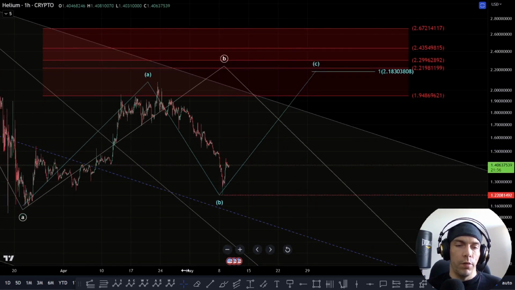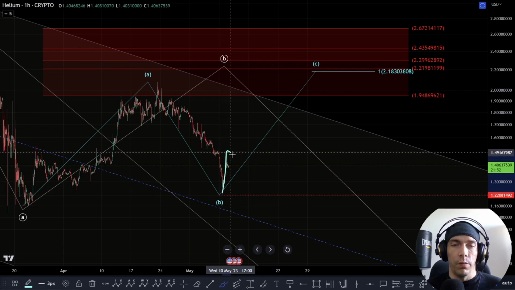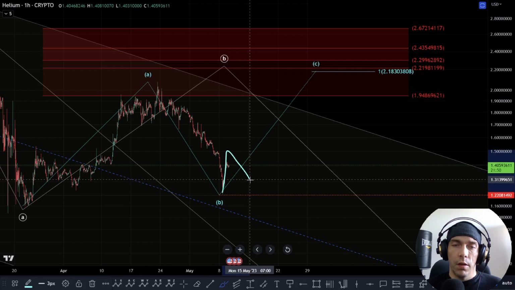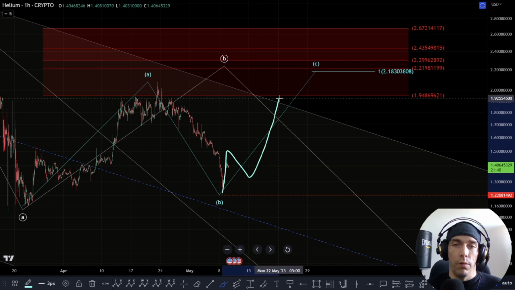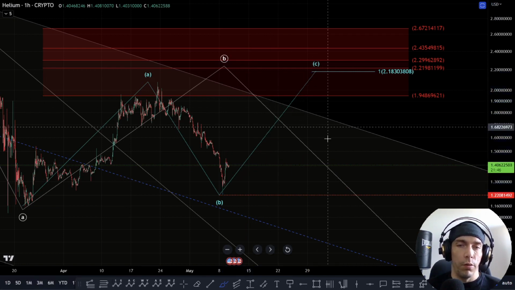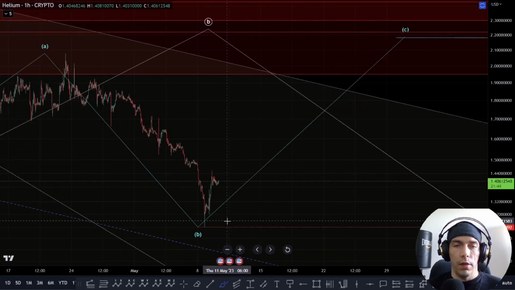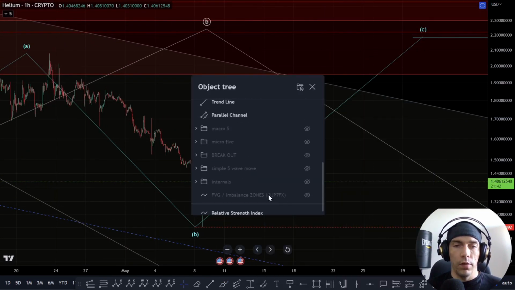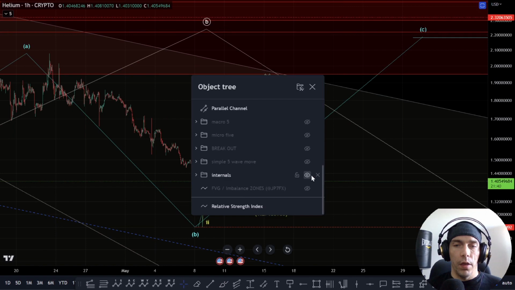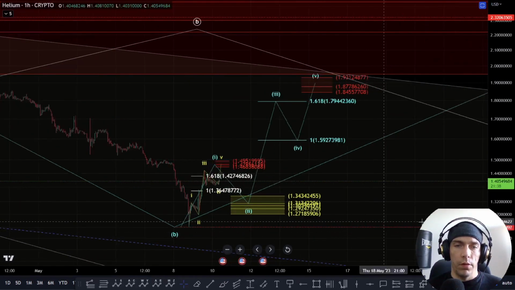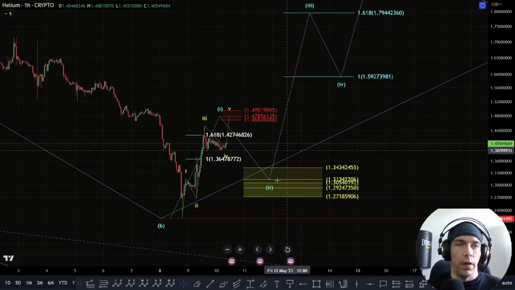Now what we'd be looking for, the potential here, is actually to see this progress to the upside, where we see this play out as a 5-wave move to the upside, come back down with the 3-wave move, 3, 4, and 5, and look to actually break up. Now if this is the case, what we'd want to see is something like this. Now it's not confirmed yet, but what we would want to see is basically another leg to the upside here